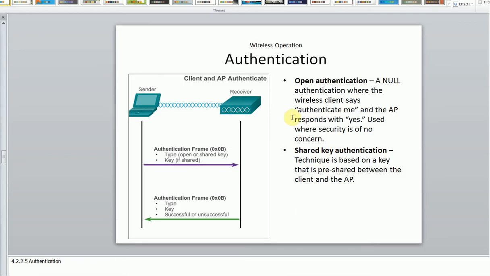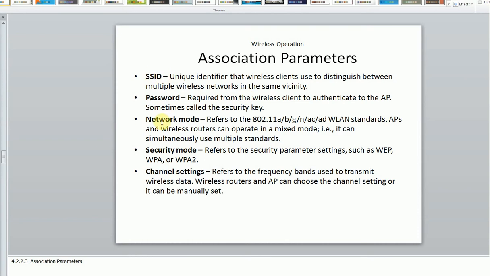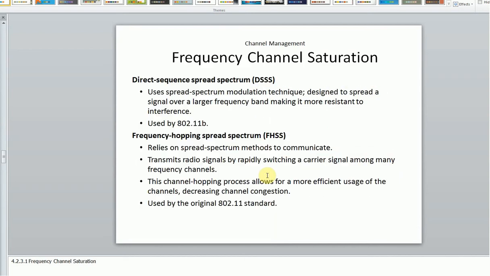Here any device automatically gets connected to an access point that is open, so it is not configured with key authentication. Next we have shared key authentication, where you have to pass that key. If you click on any SSID and there is no authentication, it will automatically get connected, or else it will ask for a password. So an SSID must have a password to have security. Then in this case we can find out what security mode we should use.